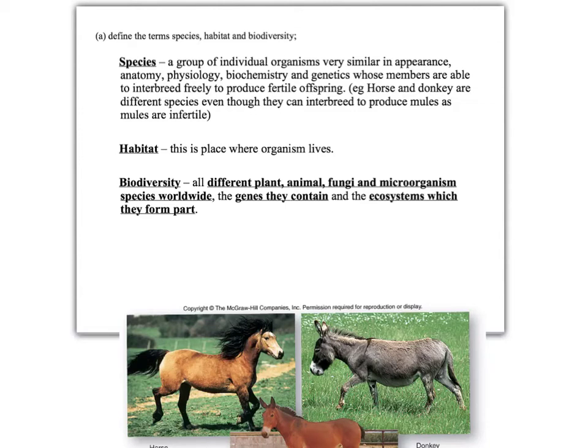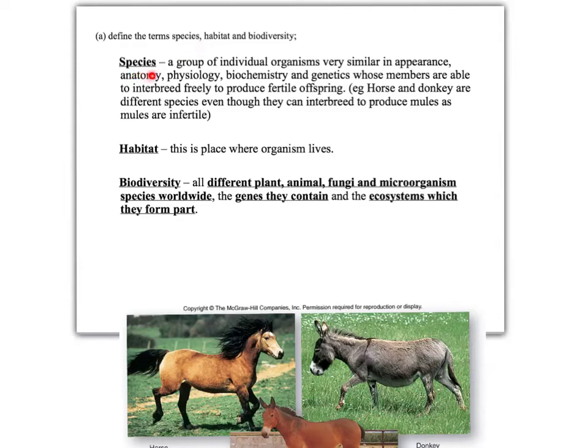Welcome to the first screencast on biodiversity. This is one of two screencasts. This particular one looks at the idea of biodiversity and also mechanisms or ways in which we can sample organisms in ecosystems. Okay, so the first slide here starts off with some definitions, and the first definition is that of